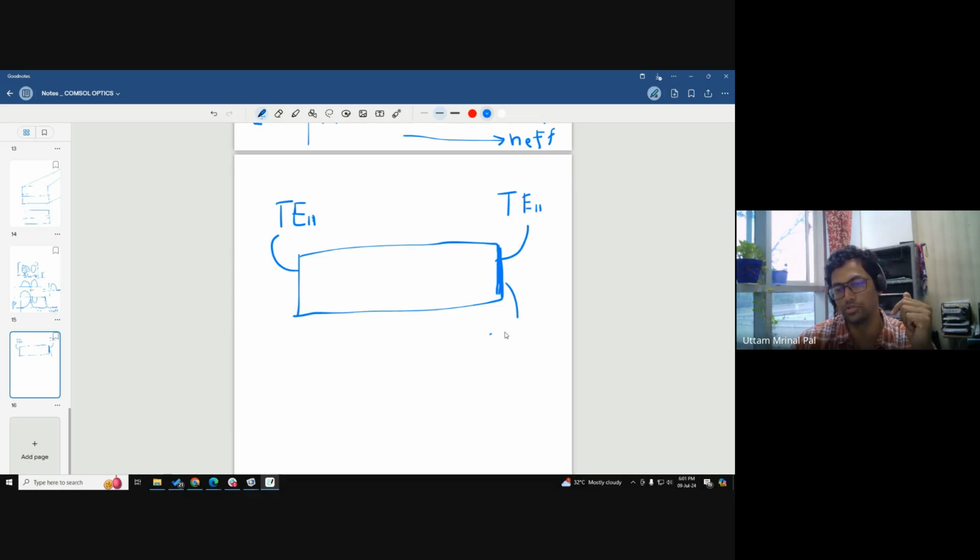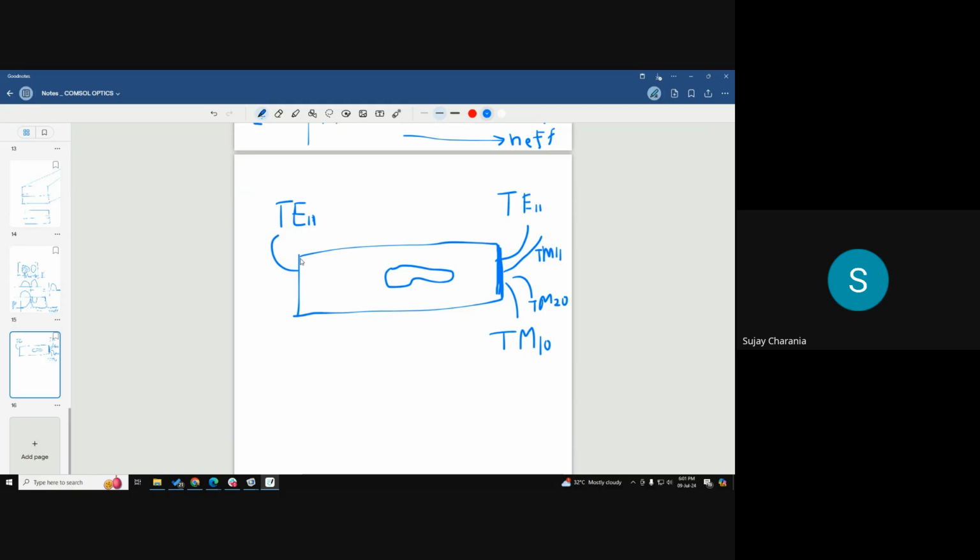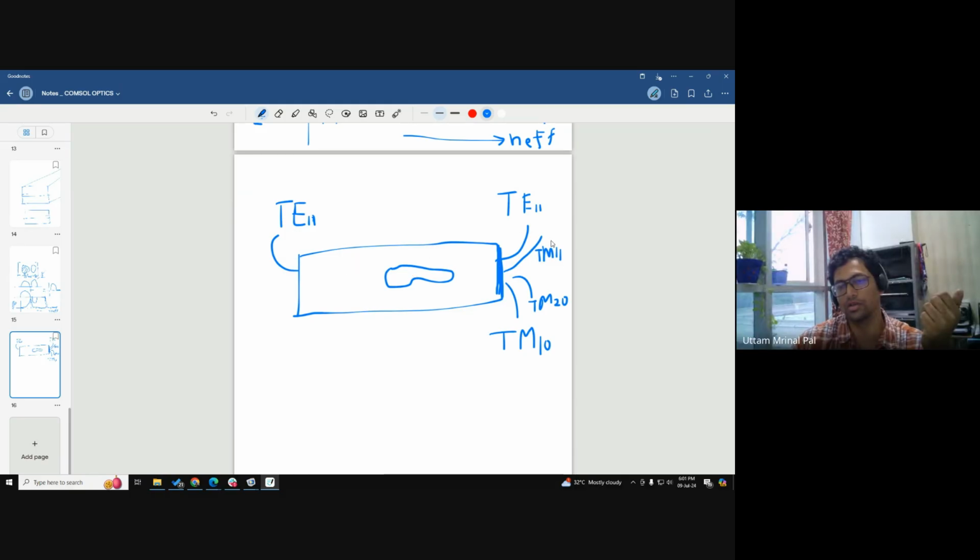So I can have multiple ports here, another would be like TM10 mode. I can have one more port assigned as a listener port, which is working as TM11 mode. Another port I can assign here. So here for the source there is only one port, but for listeners there are multiple ports. This is how they actually quantify the power flow in higher order modes. There could be some kind of obstructions, for example. So I'm giving a fundamental mode, but because of the obstructions, I can get mode conversions to higher order modes, right? So that way is there for the RF module, but here we are using